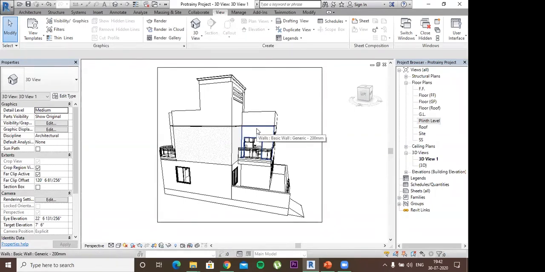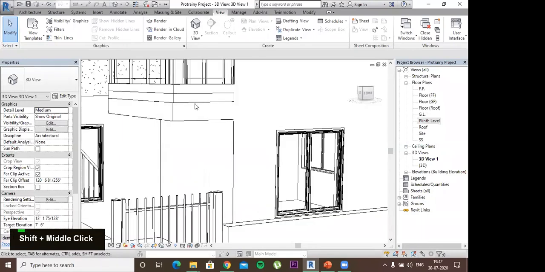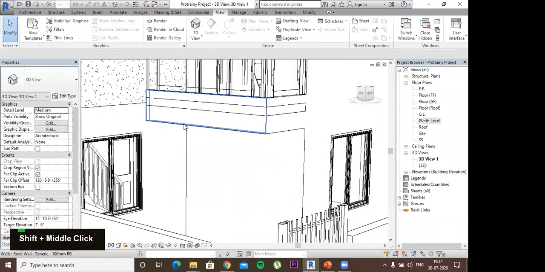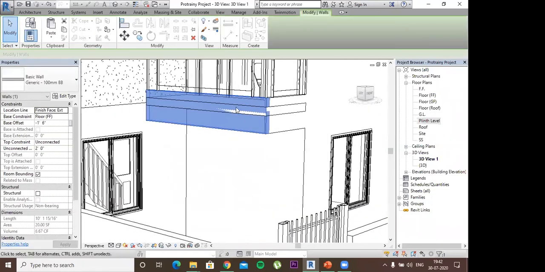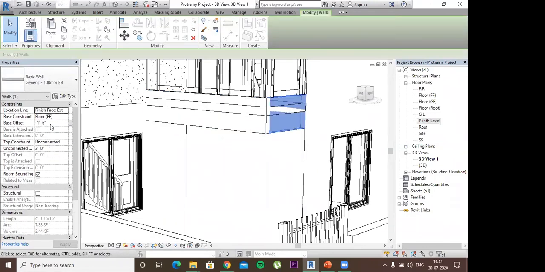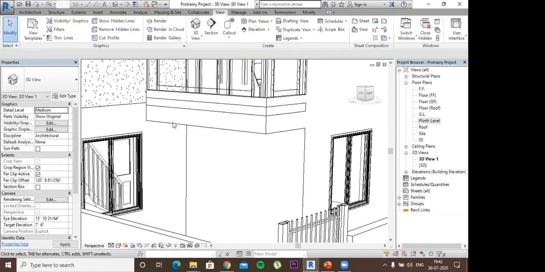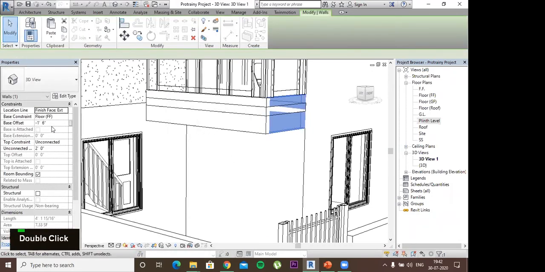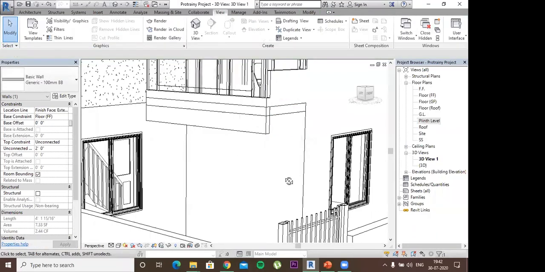Why did you use that offset option in the balcony? Okay, that I will tell you why. I saw this doubt yesterday also. Now, suppose if I haven't used this offset option, if I delete the offset here and click 0, if there is no offset provided, then my wall would have looked like this.